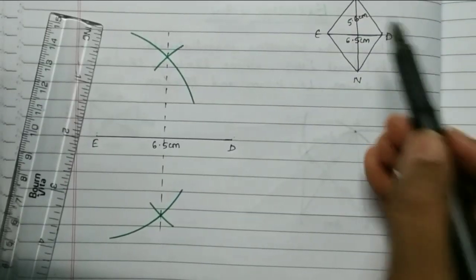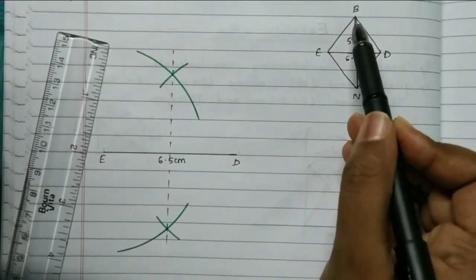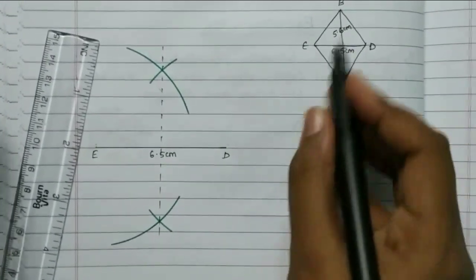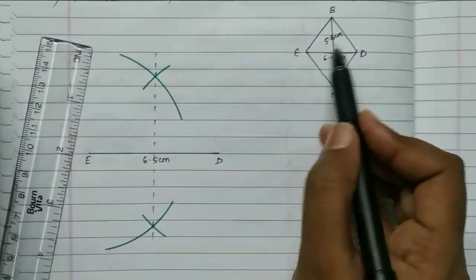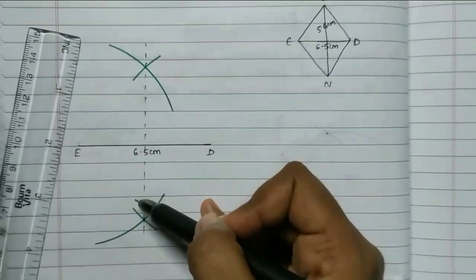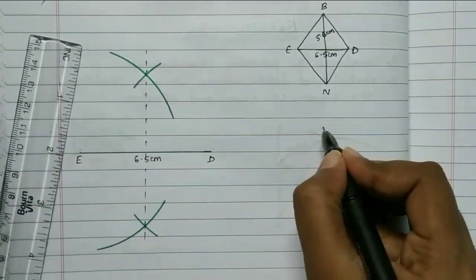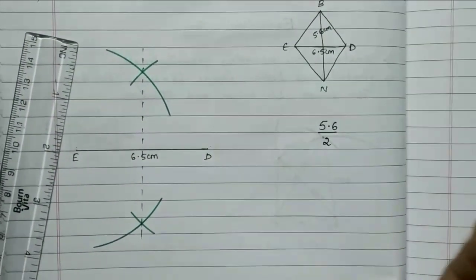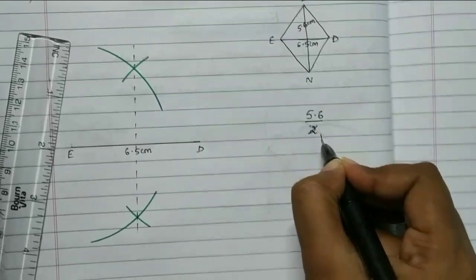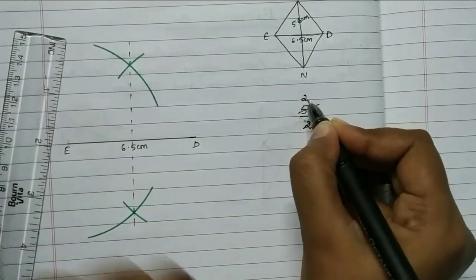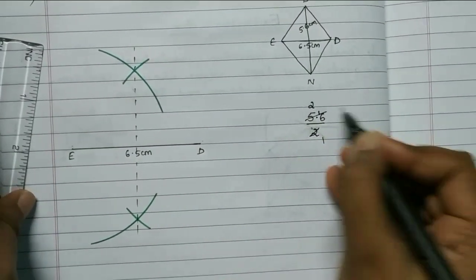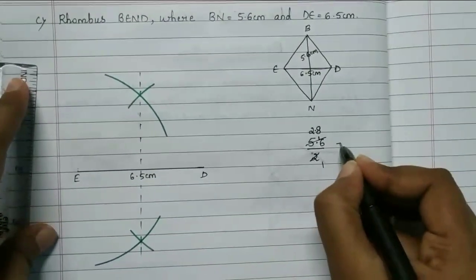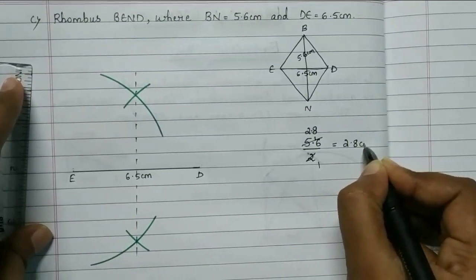Okay, so we can just see here we need this line now, which is 5.6 centimeter. Before taking this 5.6 centimeter, we cannot directly take 5.6 centimeter here. So we will divide this 5.6 centimeter by 2. So we get 2 ones are 2, 2 twos are 4, 1 is carried, and 2 eights are 16. The point will be in the center itself. So we will get 2.8 centimeter.